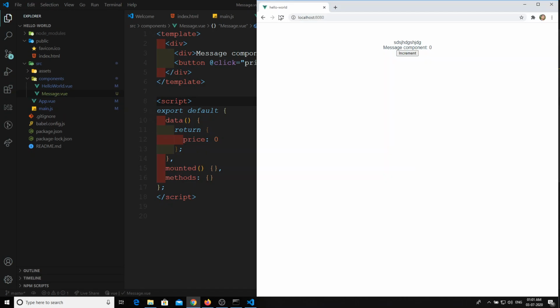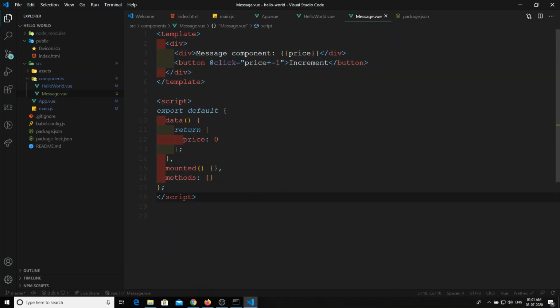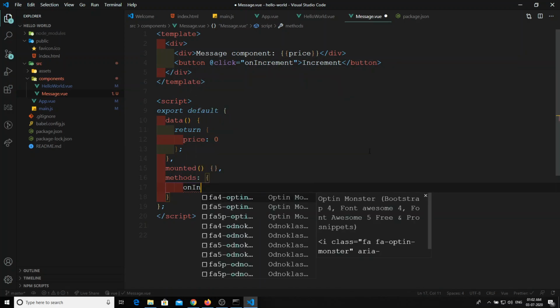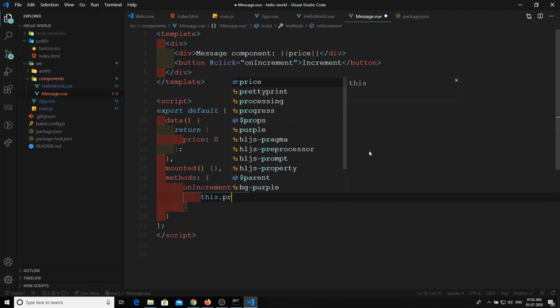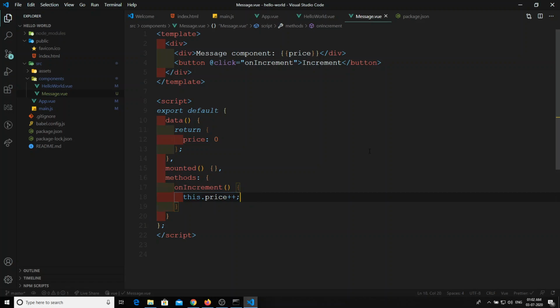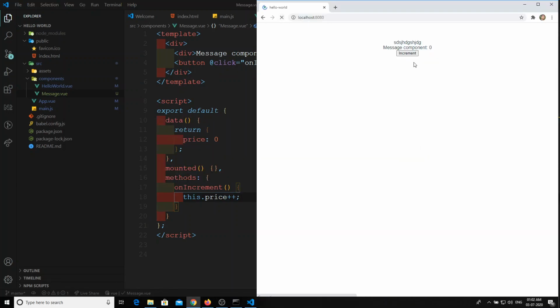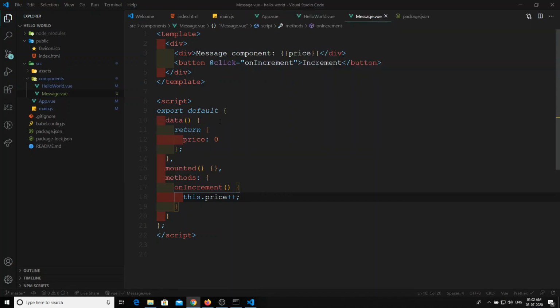Now I can go on increment, and it will go on incrementing. So the component logic and everything you will have here, or otherwise you can write a method onIncrement, and in the methods you will have onIncrement, and you can do this.price plus. Same scenario, whatever you have you can do it.